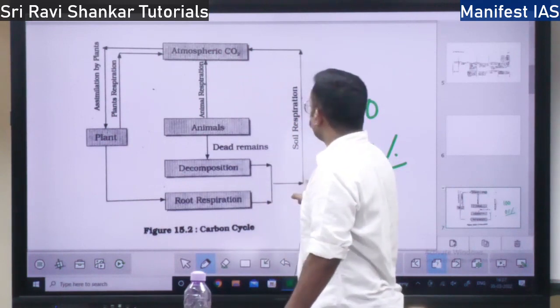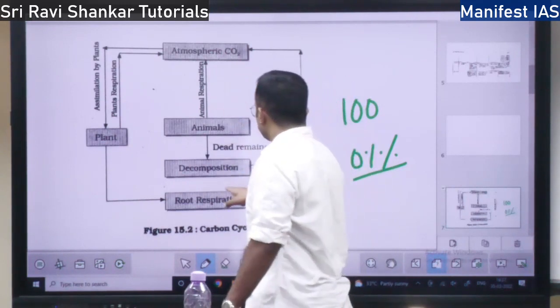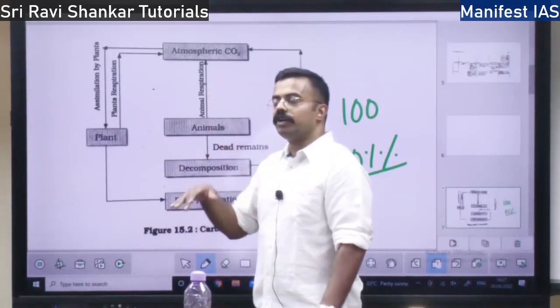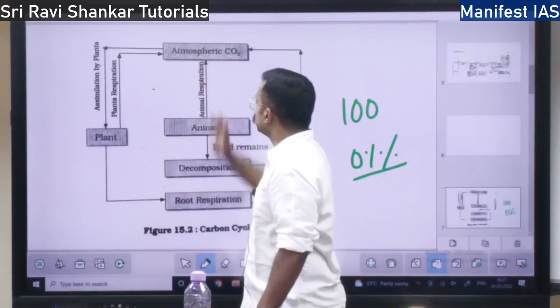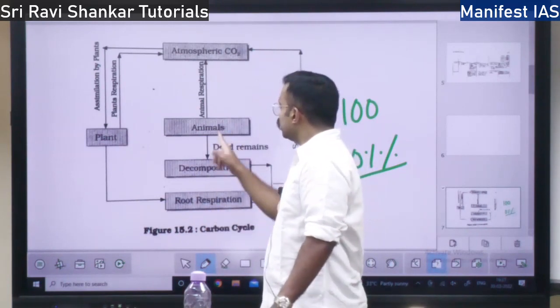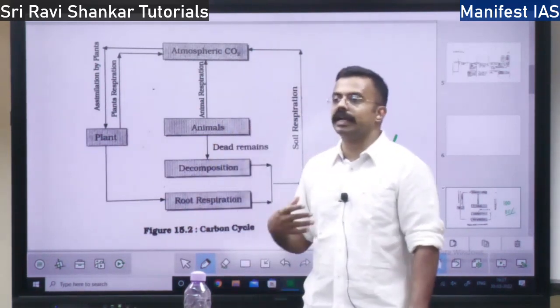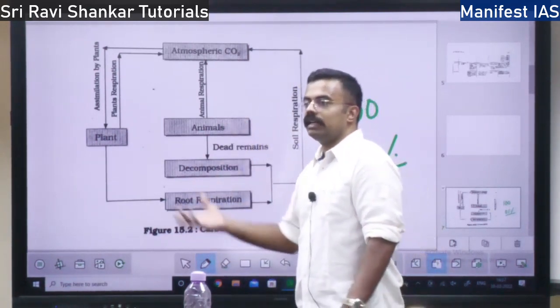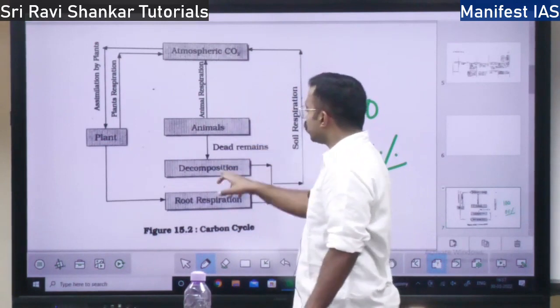One more thing is, here you have animals. So animals via respiration, we give out carbon dioxide that goes to the atmosphere. And also in the animals, our body is made of carbon, so a lot of carbon will be there. Once we are dead, that carbon will be decomposed by the